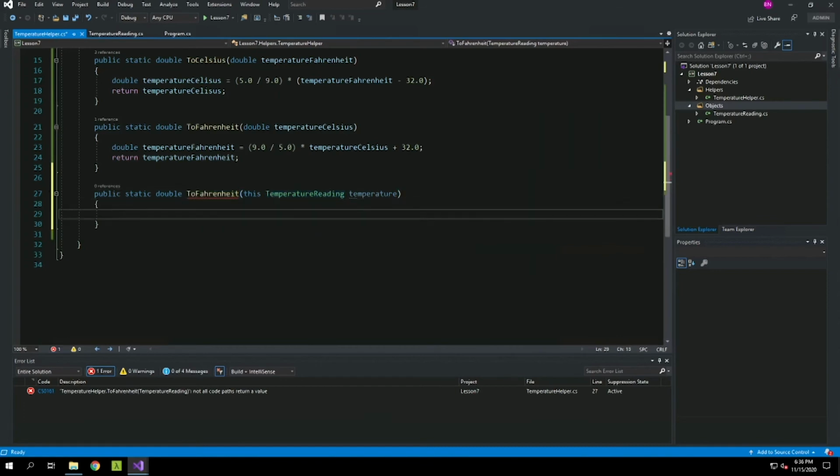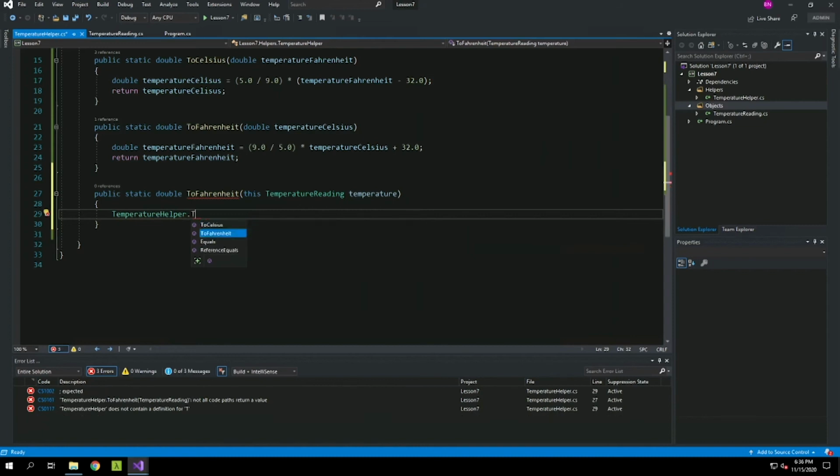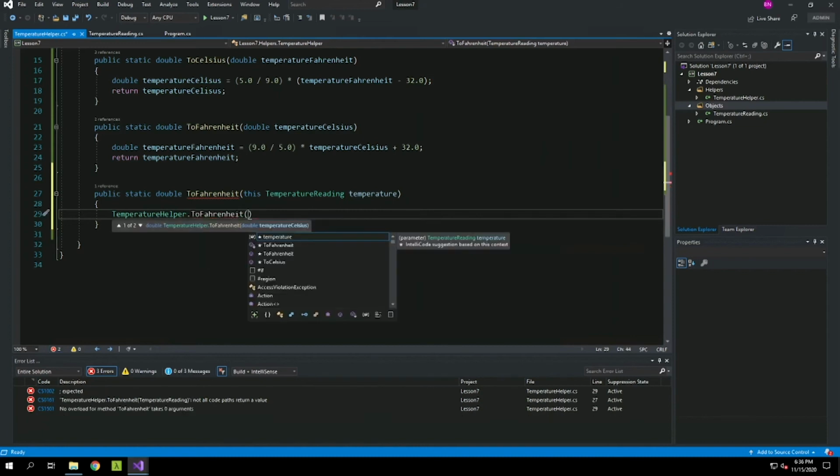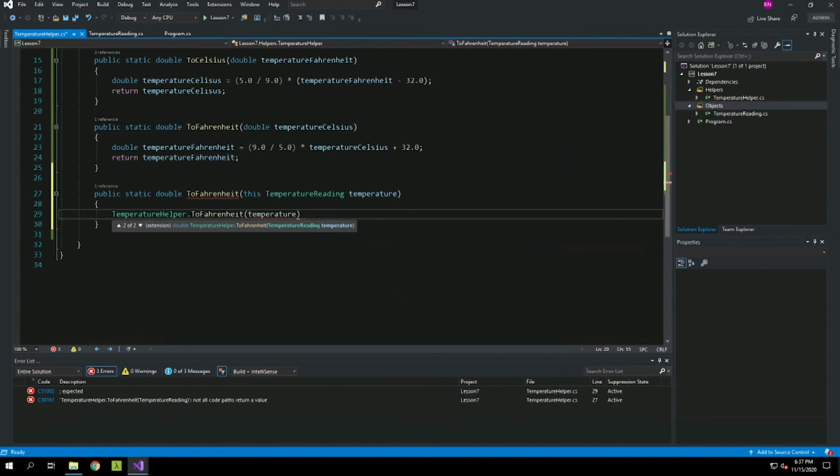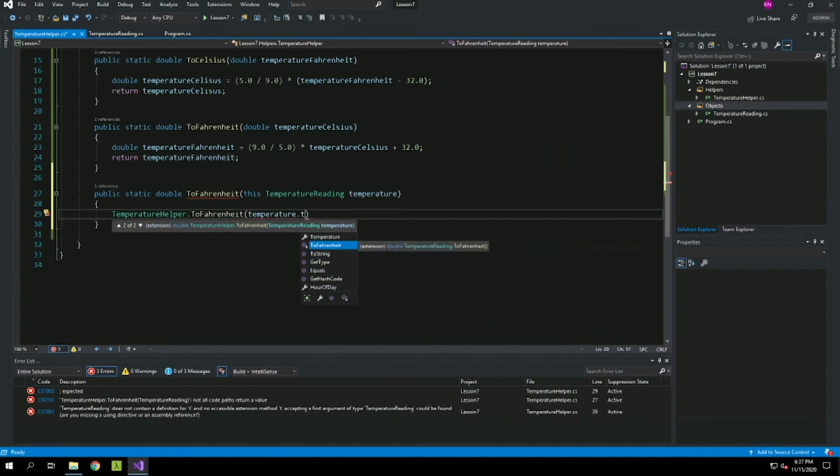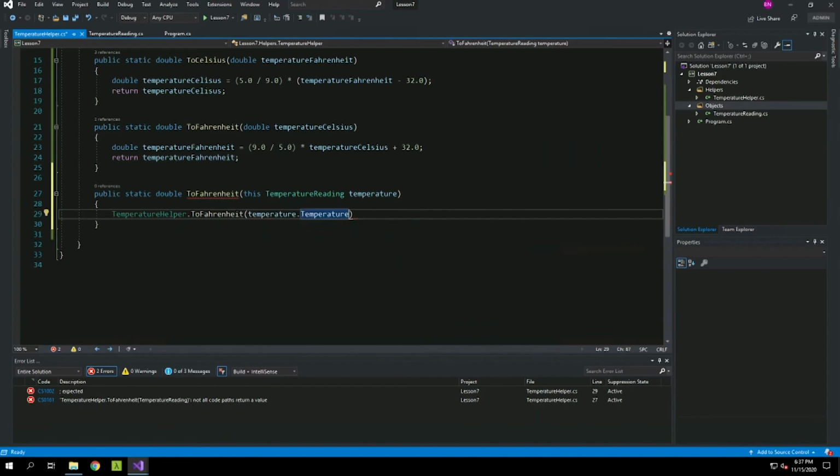And now we're going to use our toFahrenheit function up here. So we say temperature helper dot toFahrenheit, and now we're going to say temperature dot temperature. So what we've got here, this refers to the variable that's passed into this method, and this is the property. Now, why is it red? We need to return